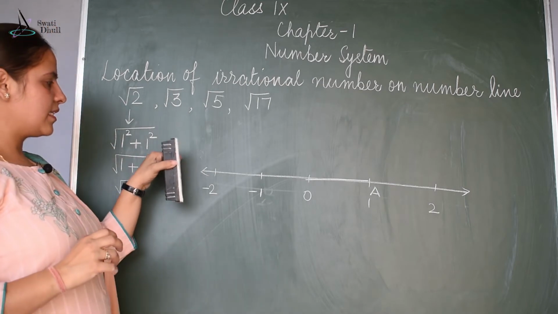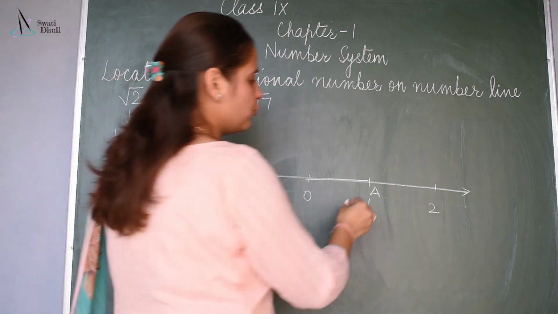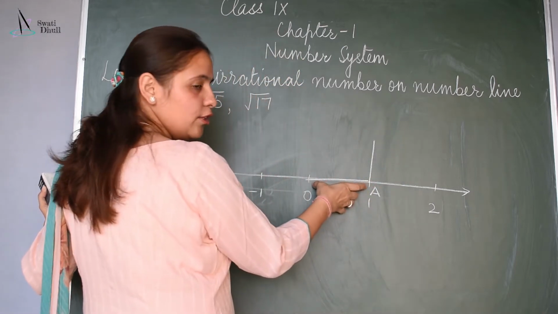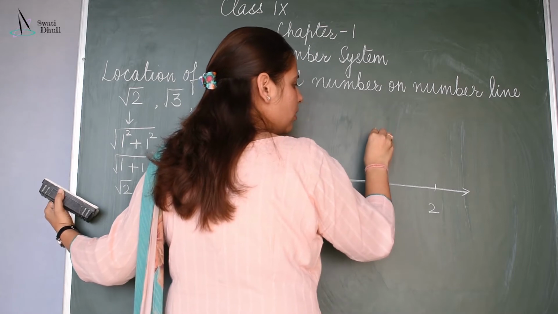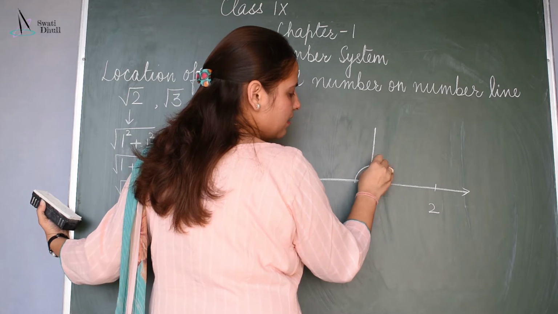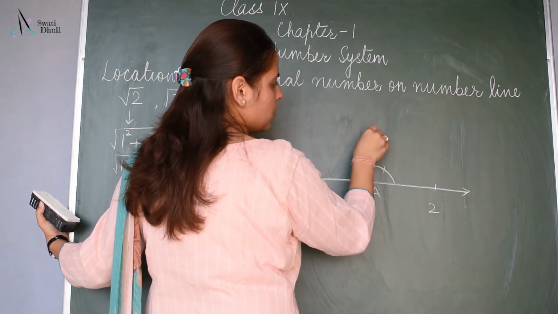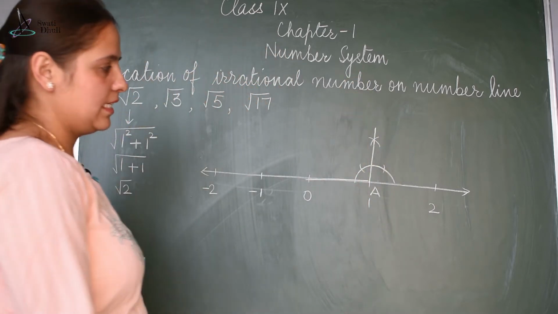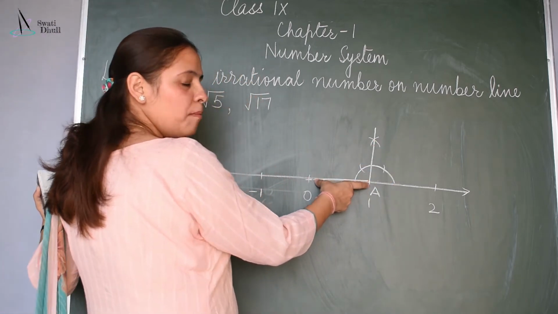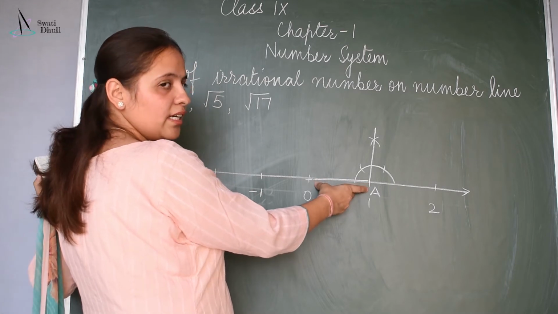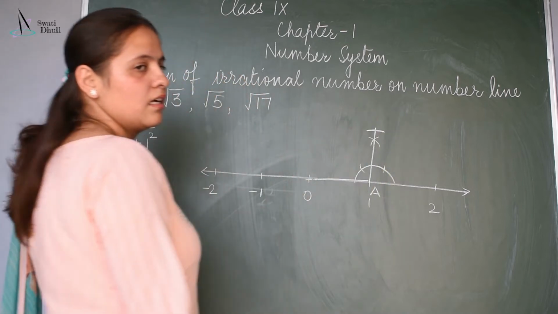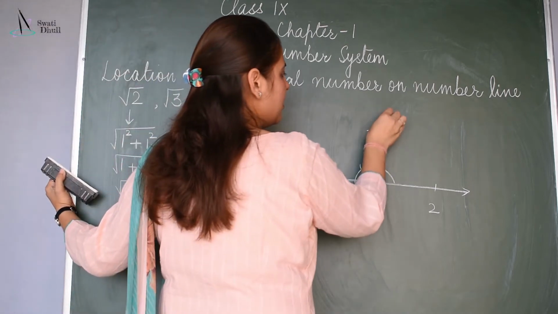Now what is this 1 square? Now what I have to do is take a 1 unit distance, equal to OA, perpendicular to it. How to draw a perpendicular? You can draw a 90-degree angle here, so you can draw the perpendicular easily. Now open the compass to 1 unit distance, that is equal to OA, and mark it on this perpendicular. So let it be point B.